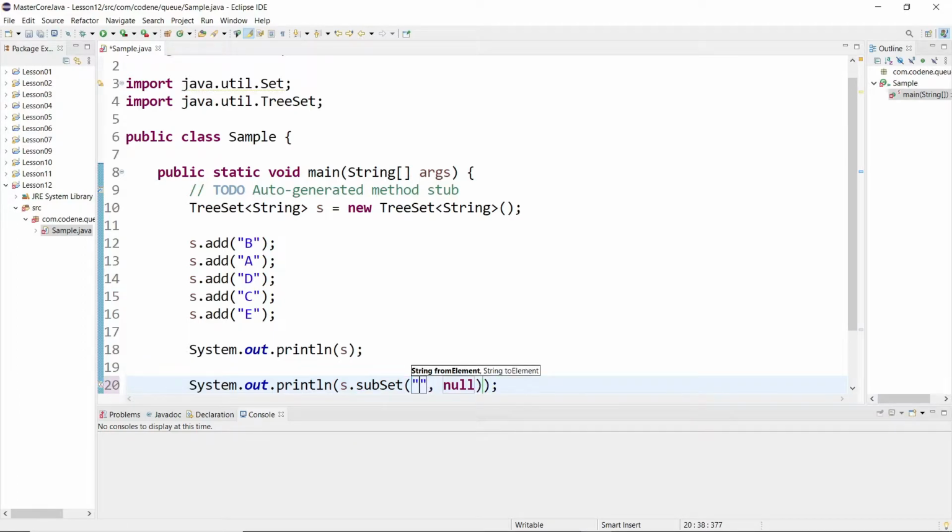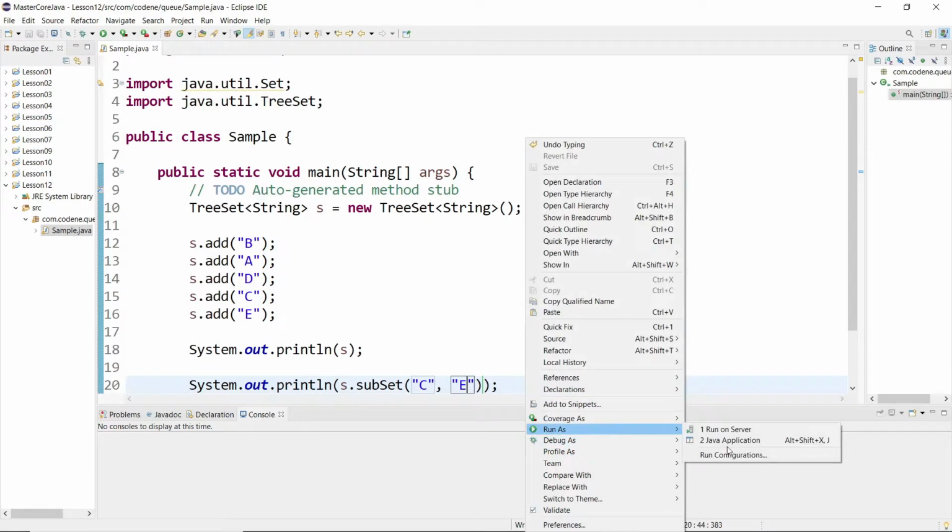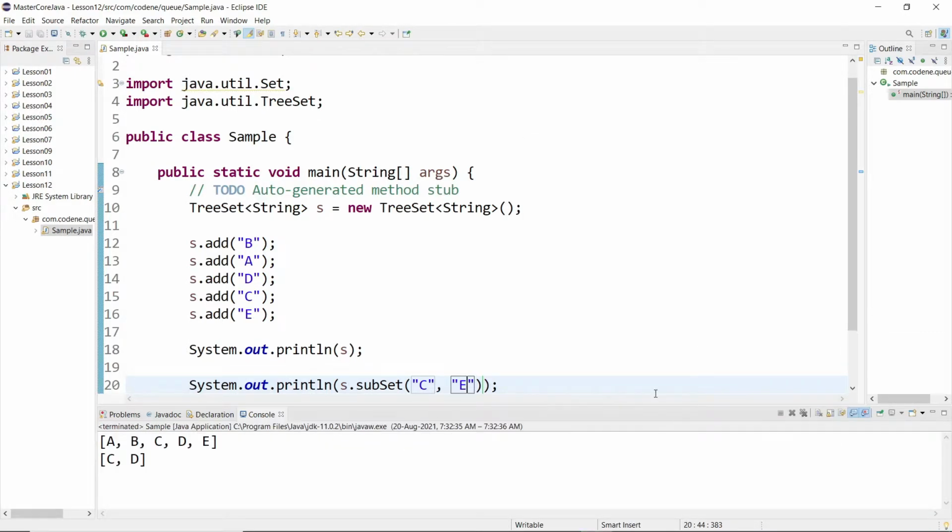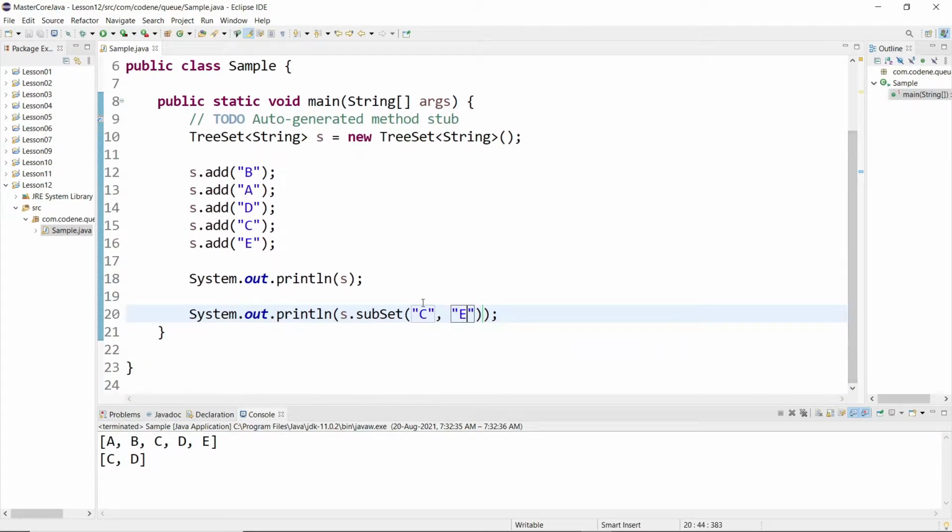Let's say I want to print from C to E. All right, let's run this and check. When I run this, this is the order in which it is sorted: A B C D E. Then I said that I want a subset from C to E. C, the first element that you send, will be inclusive, and the second element will be exclusive.